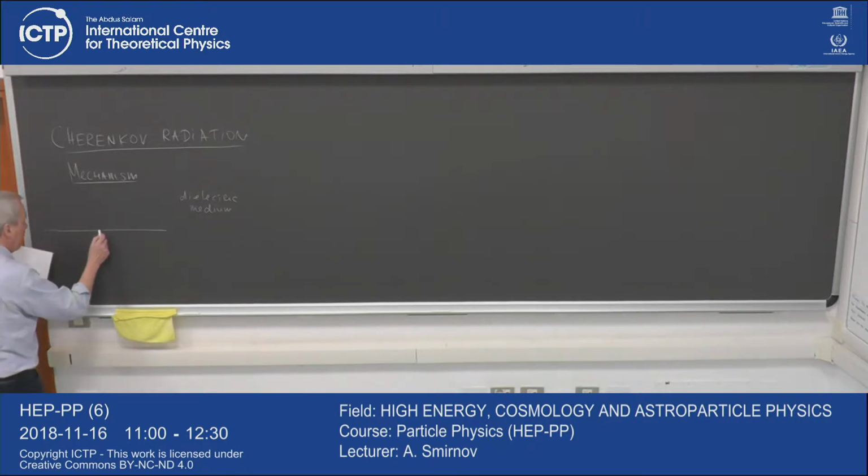So that, for instance, if we have here a negative particle, and we make a snapshot of the picture, what we will observe is that molecules around this particle are polarized. So it's plus, minus,